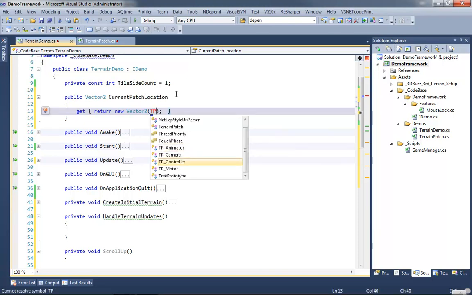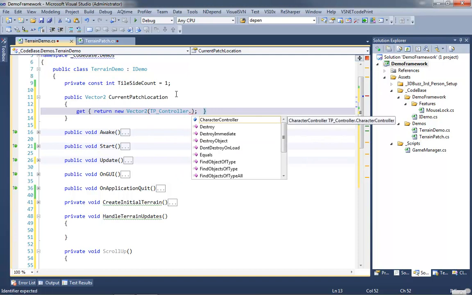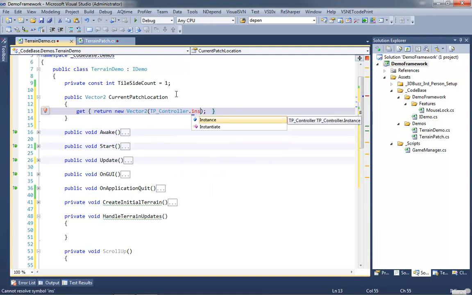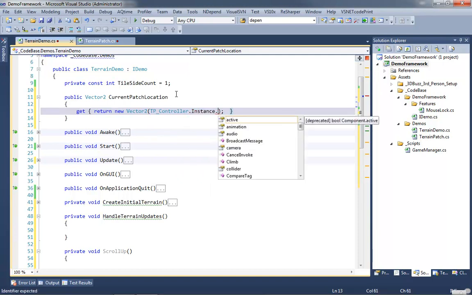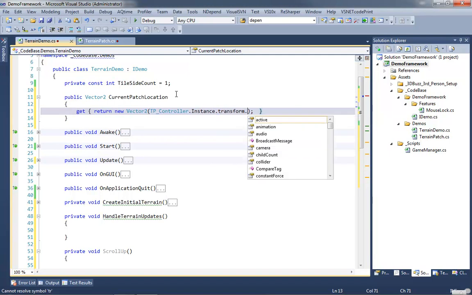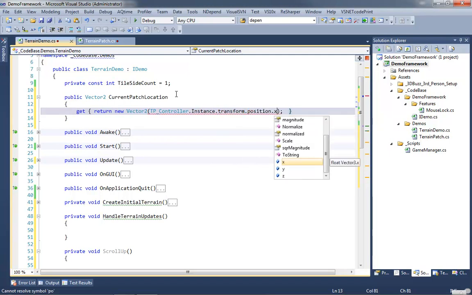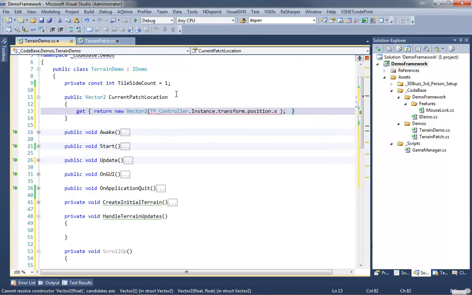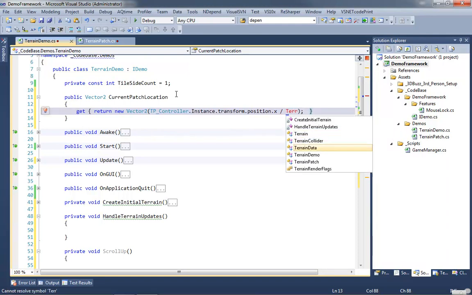Now, that means our player. We're using the third-person character system, so I can get that information by going to the TP controller, and I can bring up instance, and I can ask it, where are we? So I can get its transform position, and I can take its X position. And I can divide that by the property that we just created over in TerrainPatch, which is the TerrainPatch